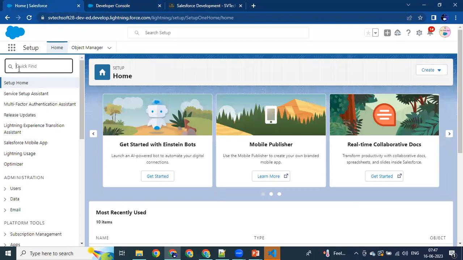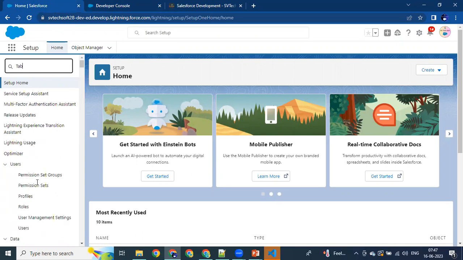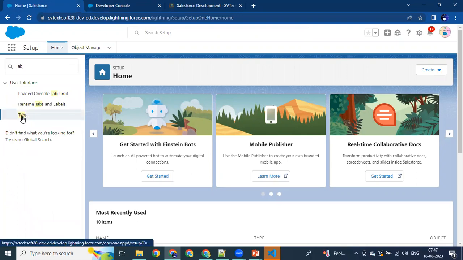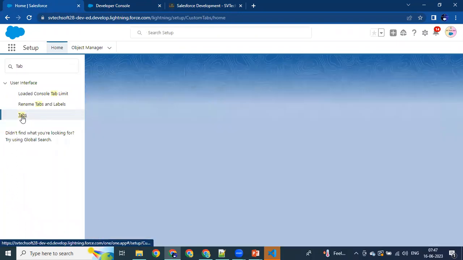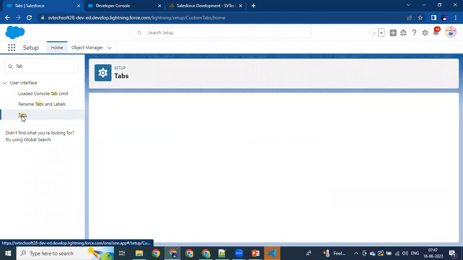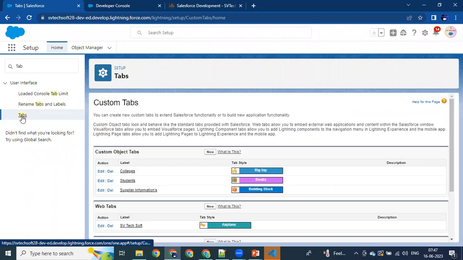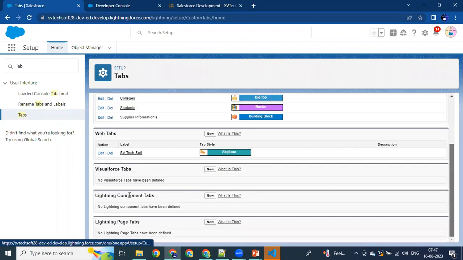I want to create a tab for this Lightning component. To create a tab, you can click on the Setup menu. In the Quick Find box, you have to search for tab. Tabs can be created in multiple ways: custom object tab, web tab, Visualforce page, Lightning component, and everything, right? Okay, if you scroll down, there is the Lightning Component Tab. If you click on the New button,